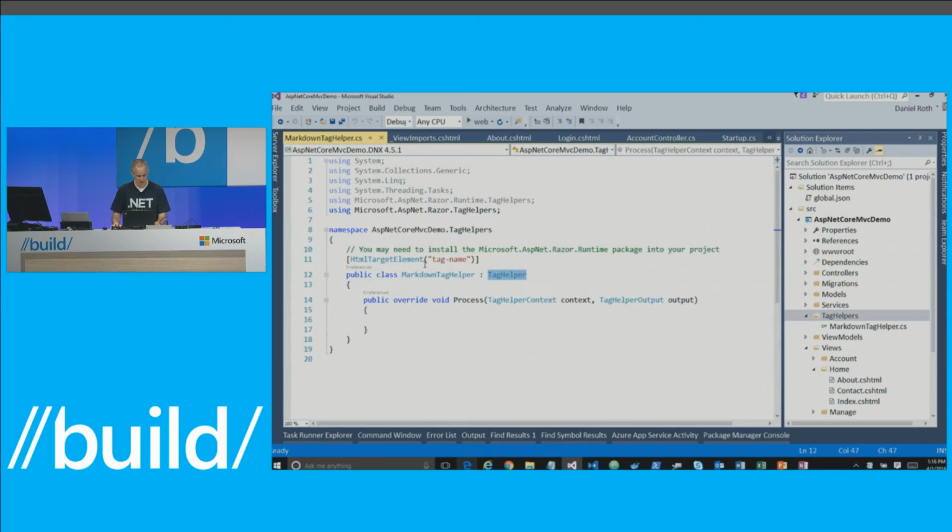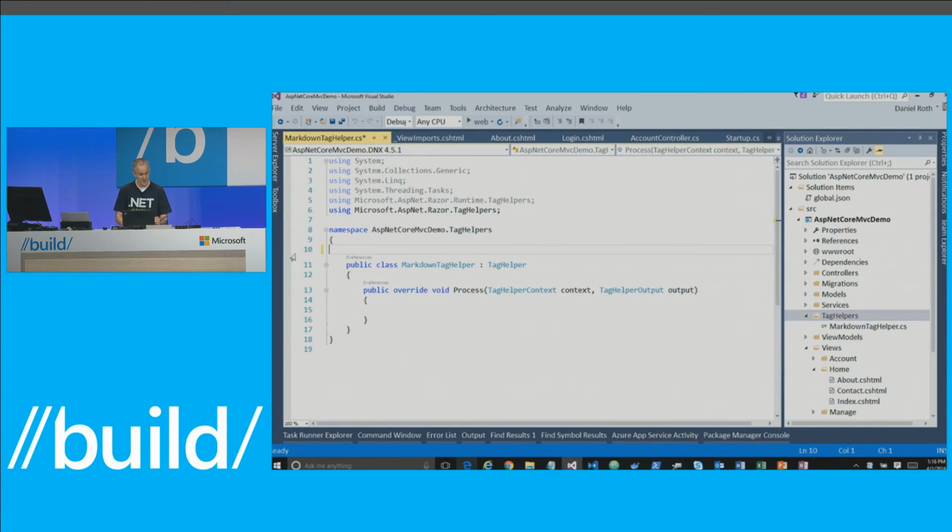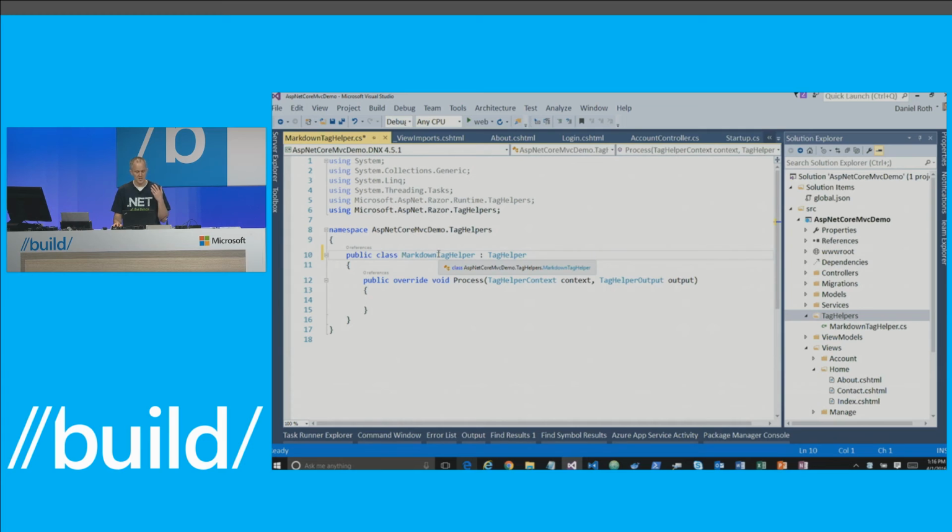It derives from tag helper. That is important. This HTML target element attribute is saying what this tag helper should bind to. I'm just going to remove that because I'm not going to use it because there's a nice convention with tag helpers where the tag that the tag helper will bind to just comes from the class name. So this will bind to a Markdown tag. And if it was camel cased, like I had delicious meat and veggies with capital letters on each word, tag helper, then it would actually turn that,